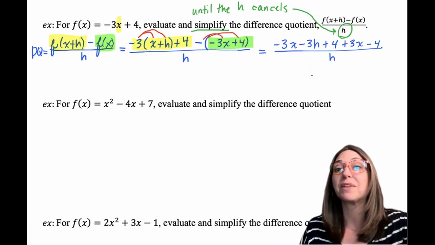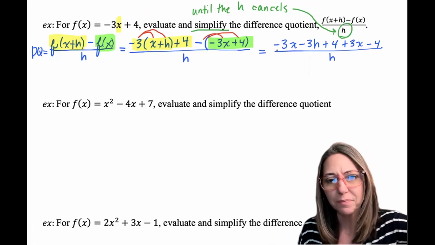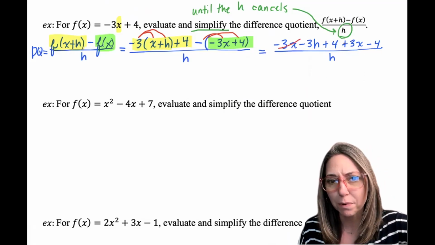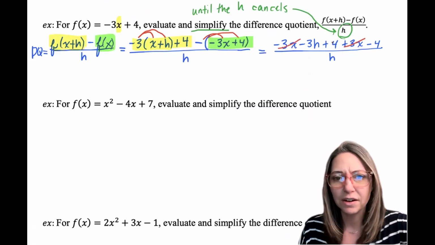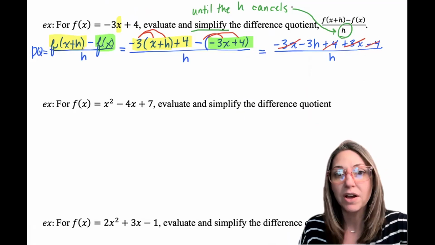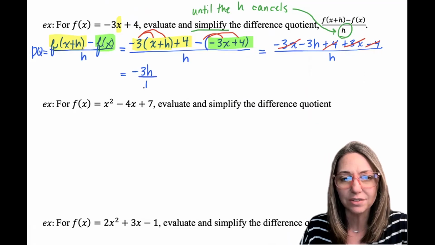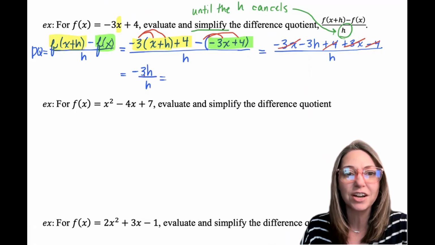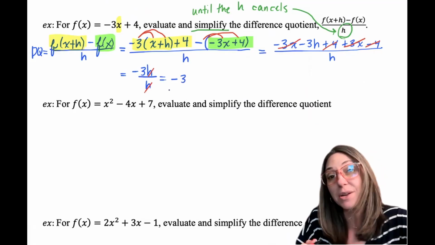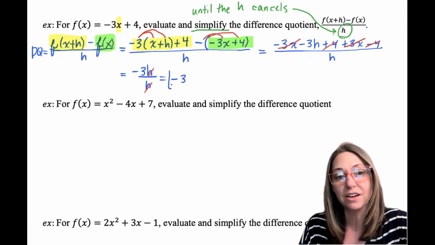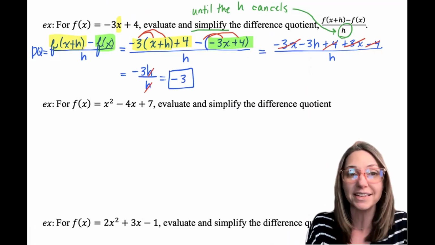All right, we're going to look for some things to cancel. They should always cancel, okay? So negative 3x will cancel with positive 3x, and 4 minus 4. There we go. Now, after all of that cancels, I'm going to rewrite it real quick, but you can see that then the h's also cancel because h divided by h is 1. So for this, we just get a number, which is actually not common, but that does always happen